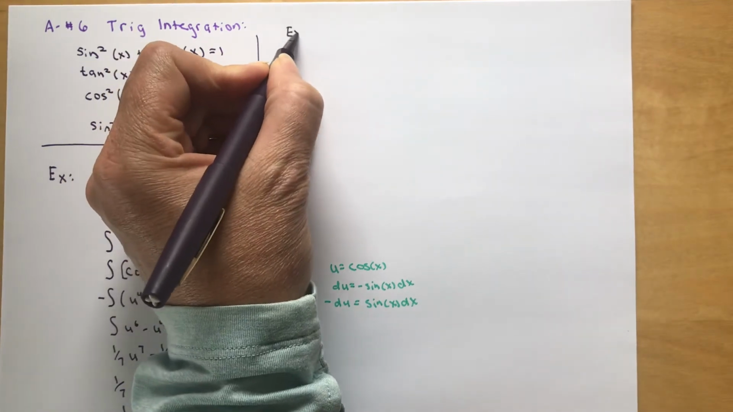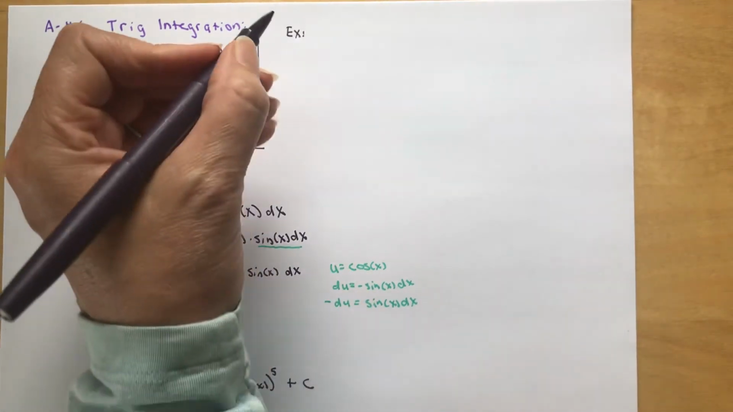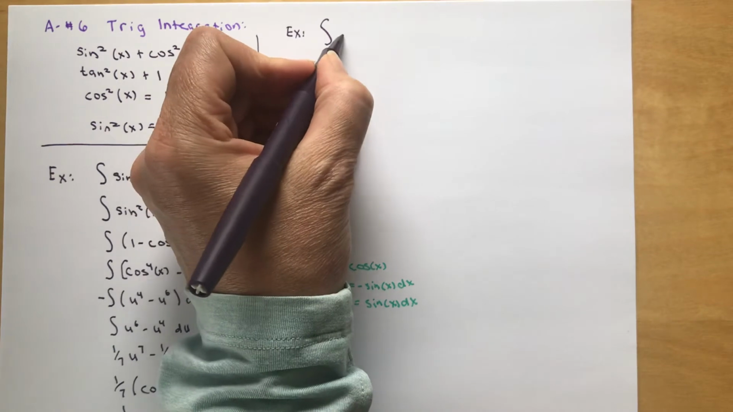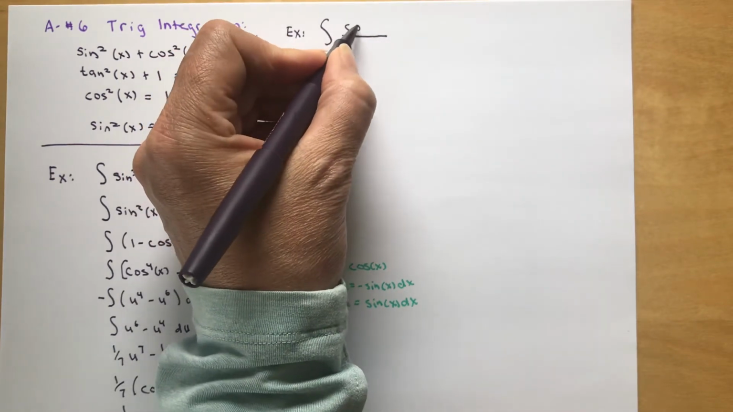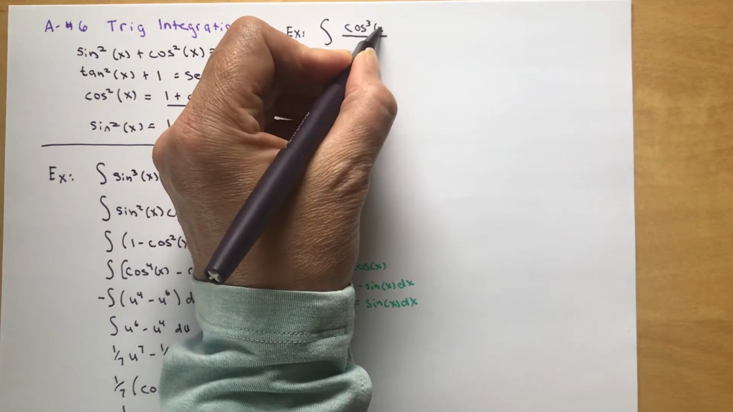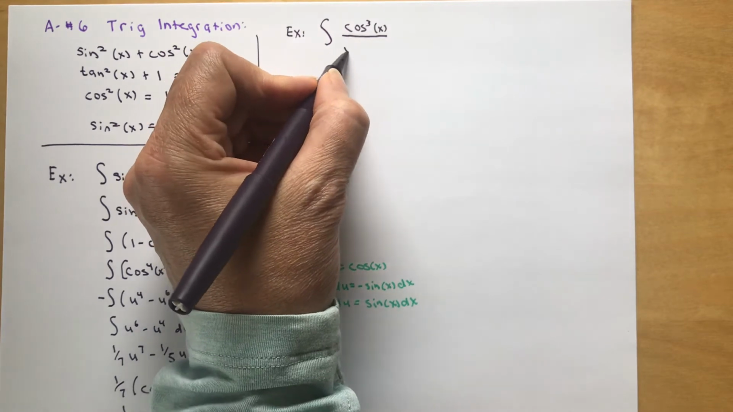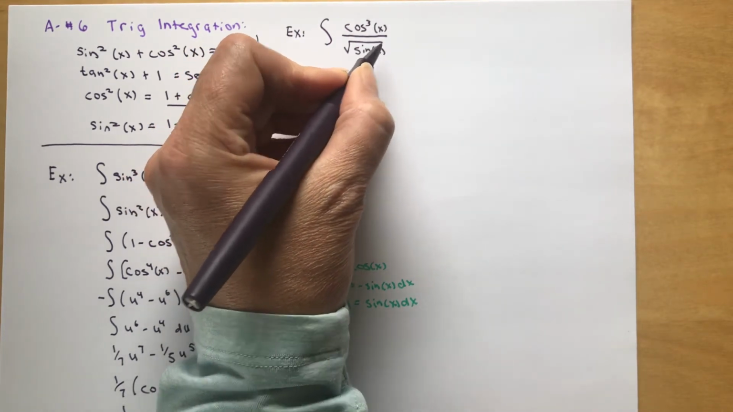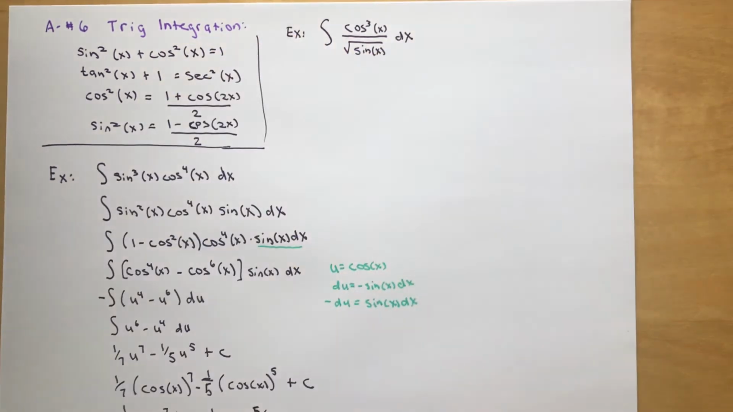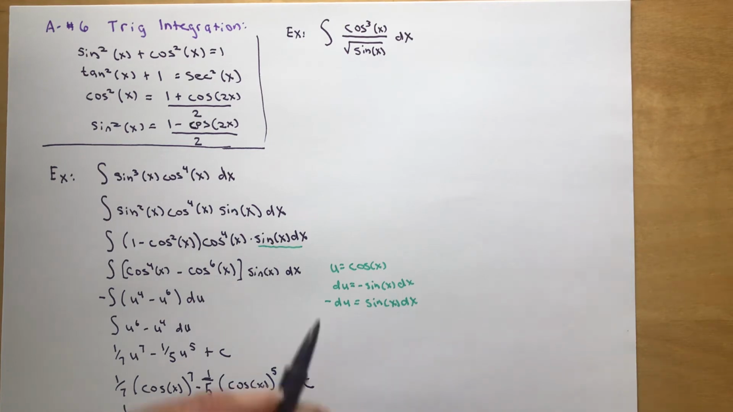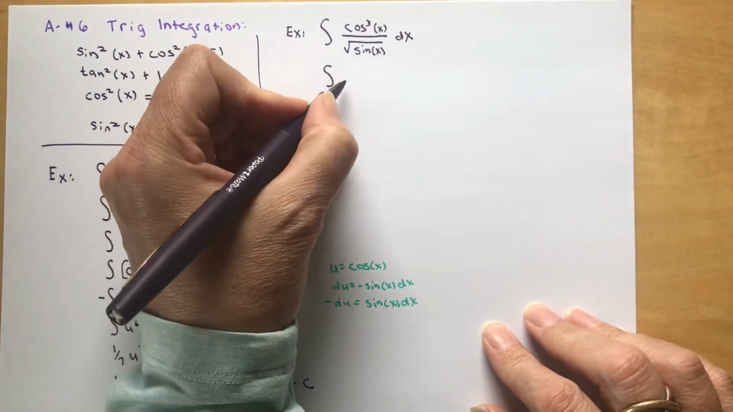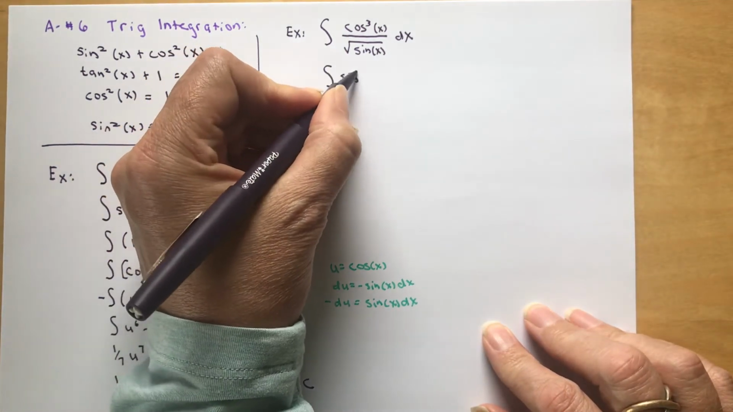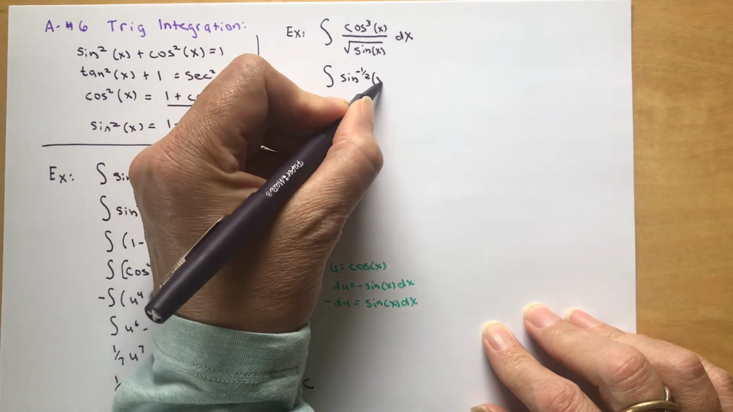So here's the next example. It is the integral of cosine cubed x over the square root of sine x dx. And I'm going to go ahead and get everything as a power. So this will be sine to the -1/2 x